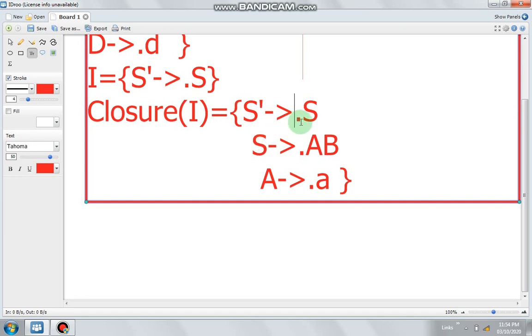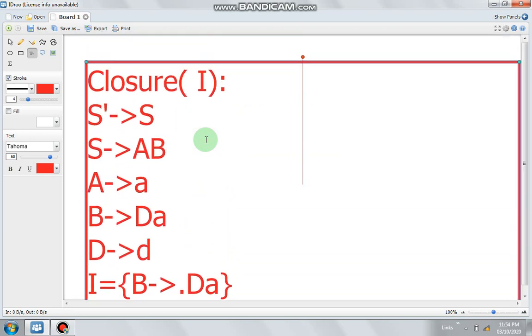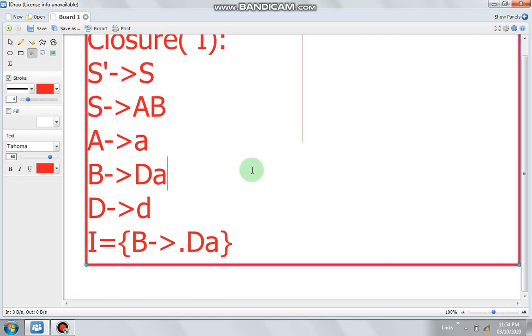This is a dot, and before the variable there is a dot, so include production for S, and this is a dot, after the dot variable A, so include production for A. Okay, so in this way you can calculate closure function or closure of a set of LR0 items. So thank you everyone, we will see more examples in the next video. Thank you everyone.